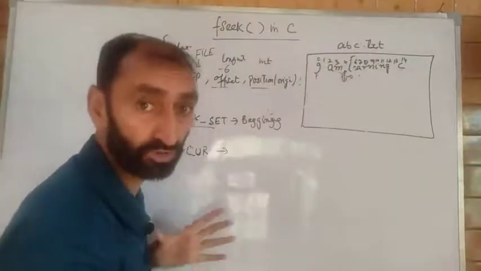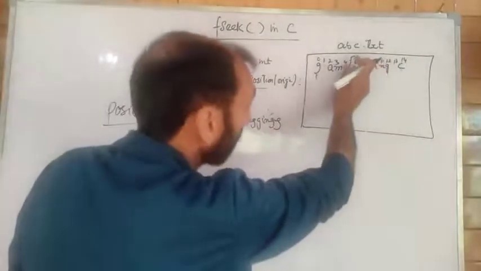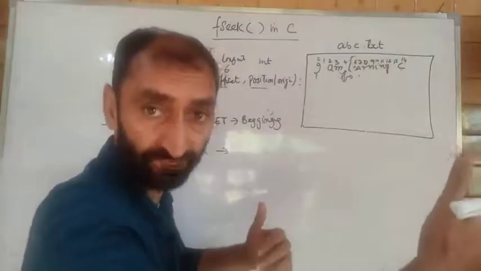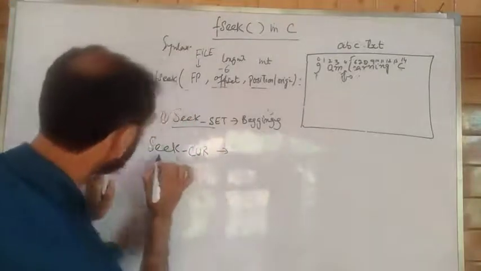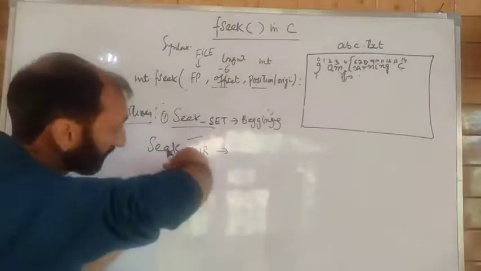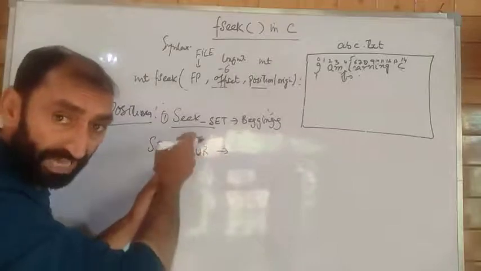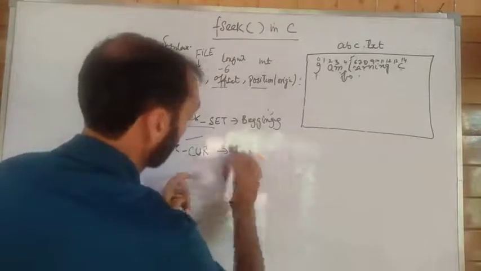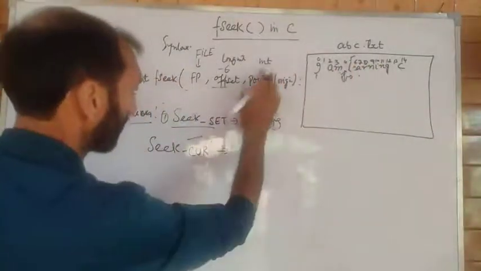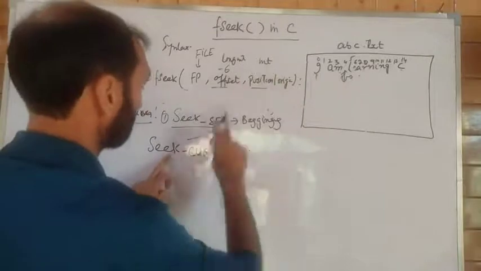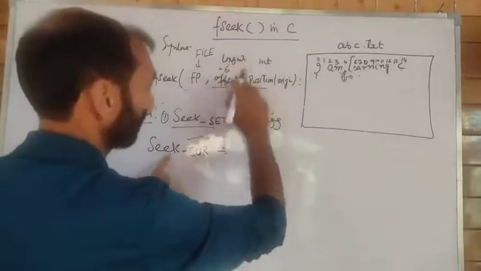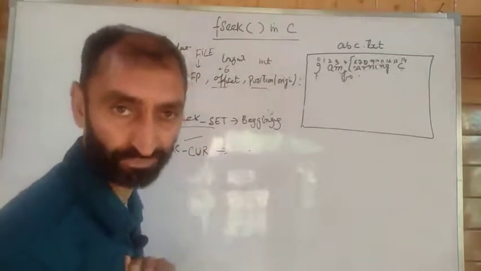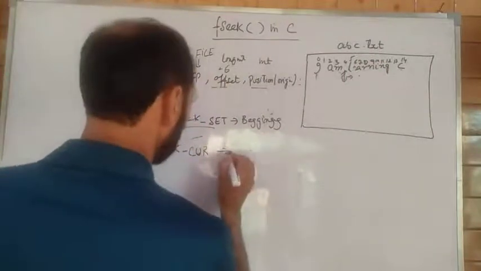For example, suppose you want to move the cursor from index number 4 to index number 6. That means you want to go forward 2 positions, 2 bytes forward. In that case, you can seek from current. That means you move the cursor from the current position, the current location, the current index. That means 4 plus 2. You can write this SEEK_CUR, and here plus 2, it will move the cursor from this position to position number 6. Okay. And the third one is